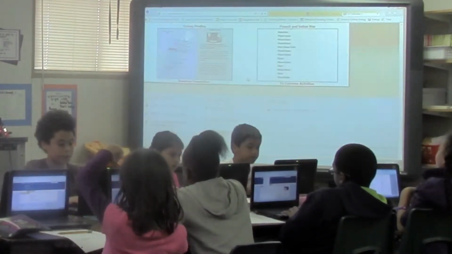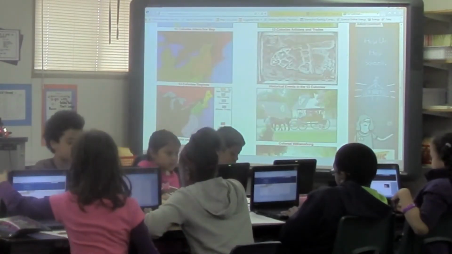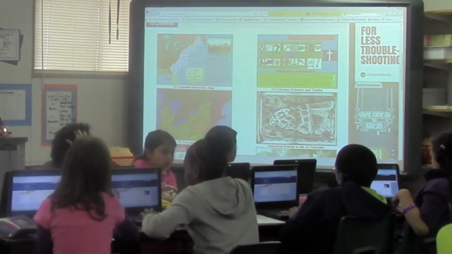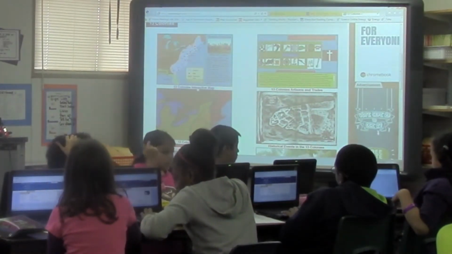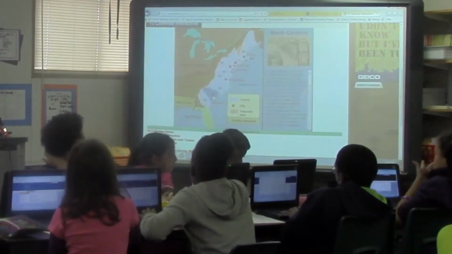For example, the profiles of the colonies. What were the colonies like? You also have different trades for each of the colonies. And if you go to the interactive map, it will also help to tell you